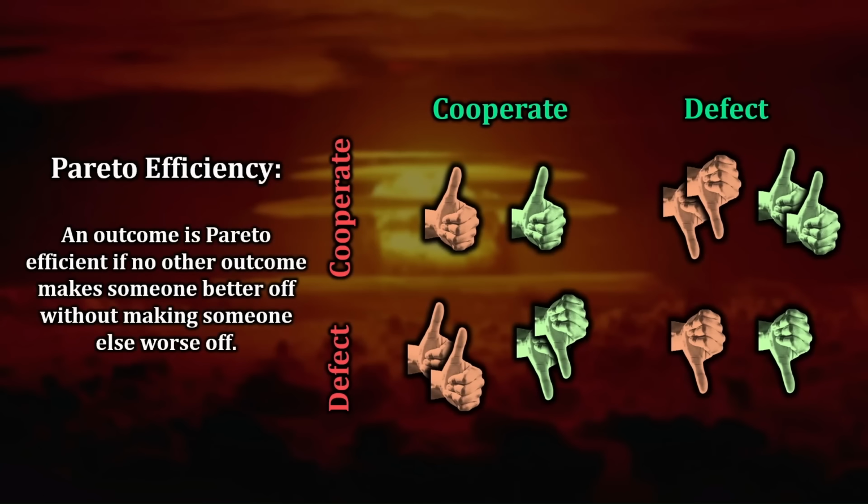is something known as Pareto efficiency. We say that an outcome is Pareto efficient if no other outcome makes someone better off without making someone else worse off. This is a notion of efficiency that comes from an Italian economist, which is why it's called Pareto efficiency. And what you need to focus on here is the outcome of this interaction that we would expect, and